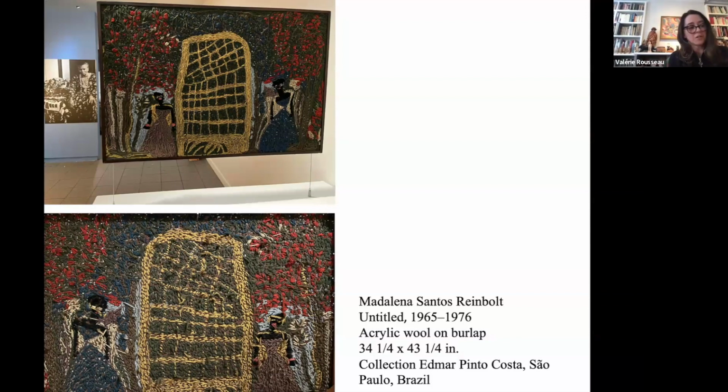From the introduction space in which we are here, we therefore decided to hang that specific piece from the ceiling, so it could be seen double-sided, on both sides, and reveal the main materials that she used, in this case, burlap. We see also that the back of the work looks as good as the front, that she's not carrying the thread, for instance, like many stitchers who were probably obsessed with the back of the needlework being as perfect as the front. So it suggests that she learned her craft within certain traditional contexts,